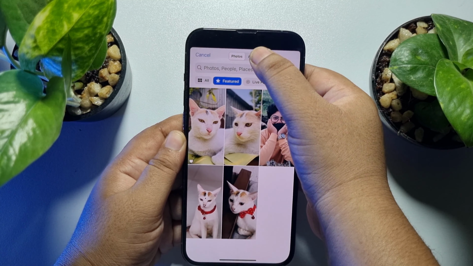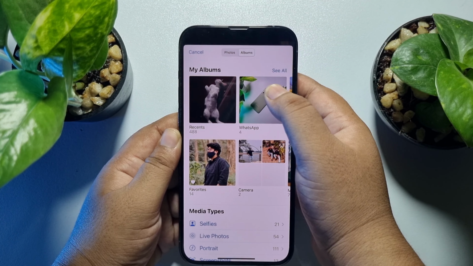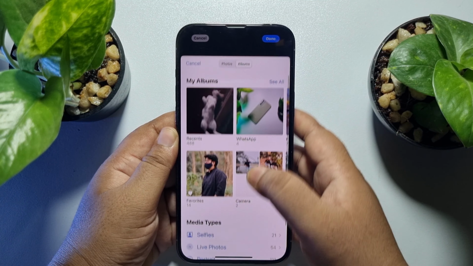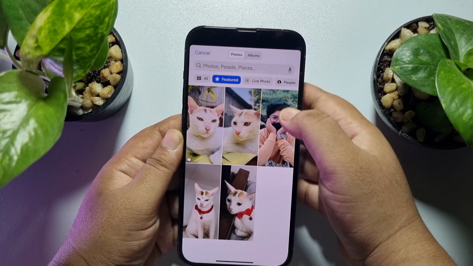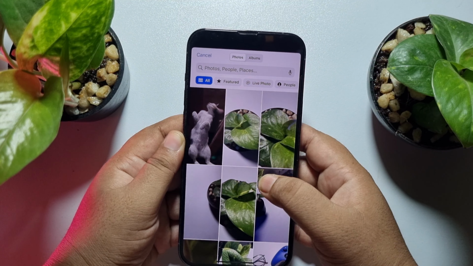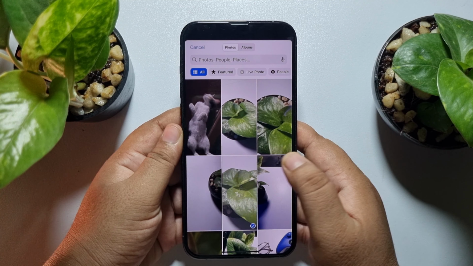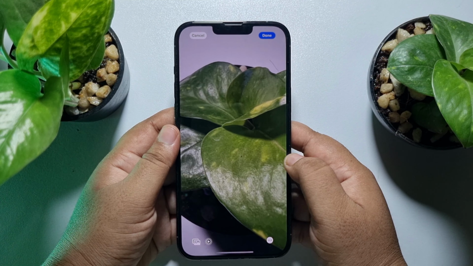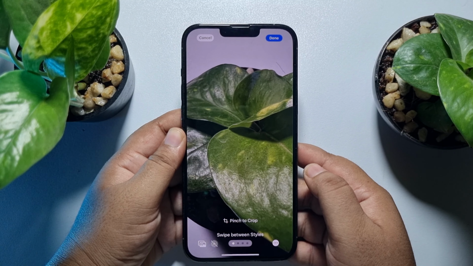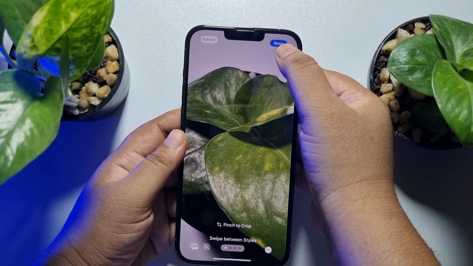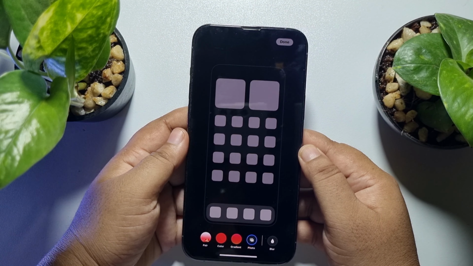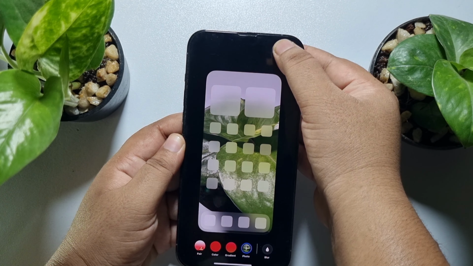And now from your photos you can select a different photo for your home screen wallpaper. So I'm selecting this photo and disabling live photo and tapping on done, tapping on done again,